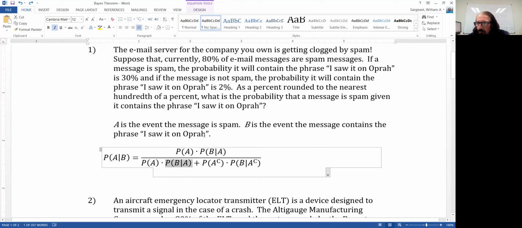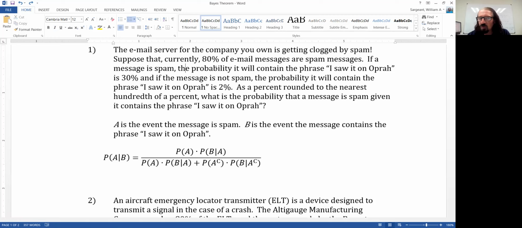Probability of B given A. Do we have the probability of the message containing, "I saw it on Oprah," given that it's spam? And we do. We have that there's a 30% probability that the email will contain the phrase, "I saw it on Oprah," given that it is spam. Okay, so